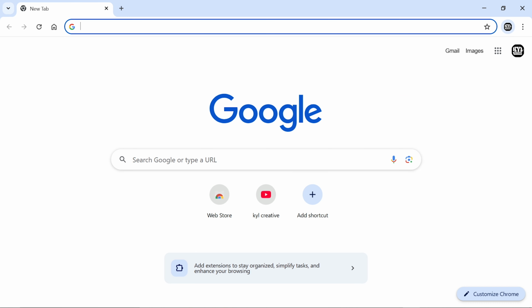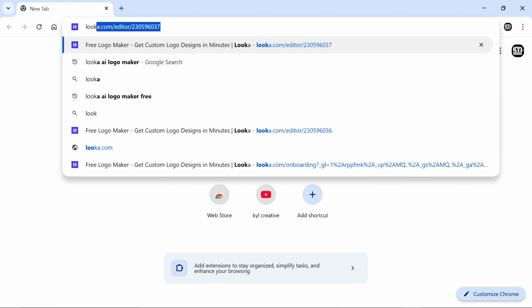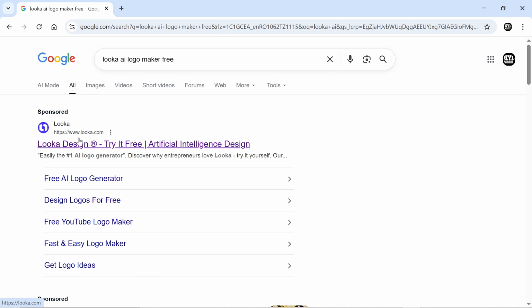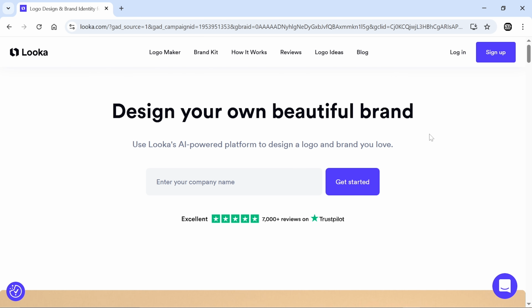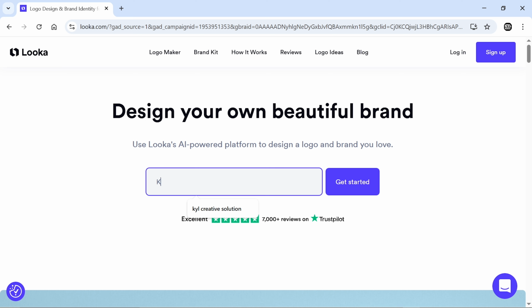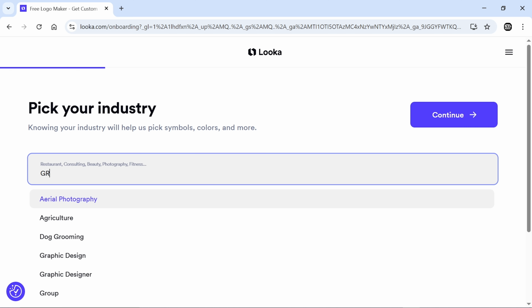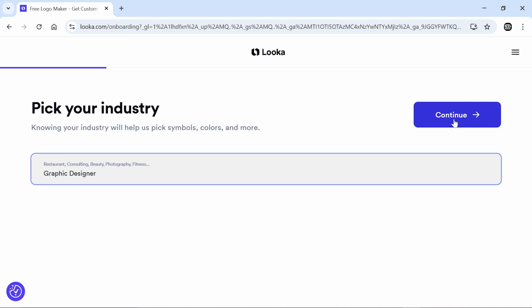First of all, I'm going to search here for Looka AI logo maker, just like that one, and I enter. So we're going to open this one. As you can see now, it's going to take you directly to this first page, which needs you to write your company name. So I'm going to write here KCNS to mean Kill Creative Solution, and I click here get started, and here now it wants you to pick your industry. So I'm going to write here graphic design. It has brought here a suggestion, so I just click here graphic designer, just like that one,